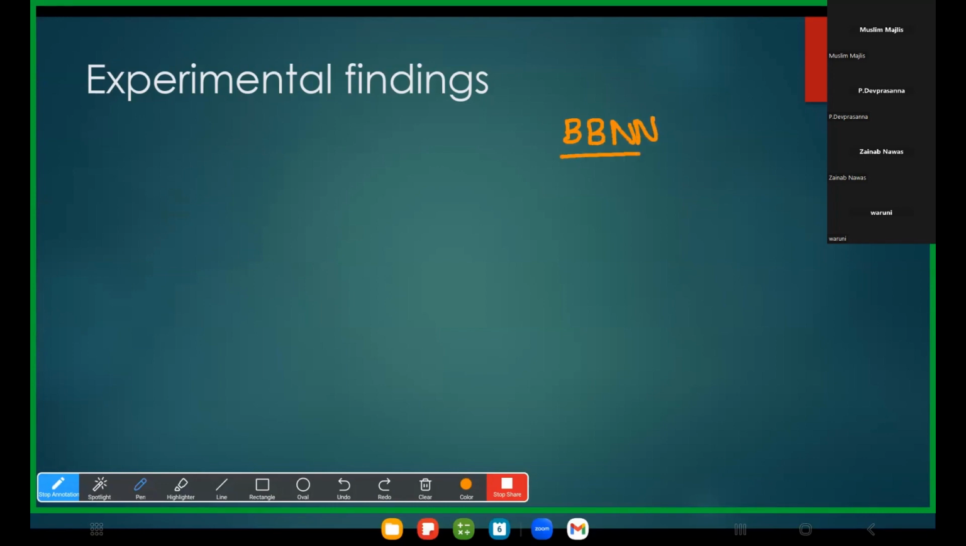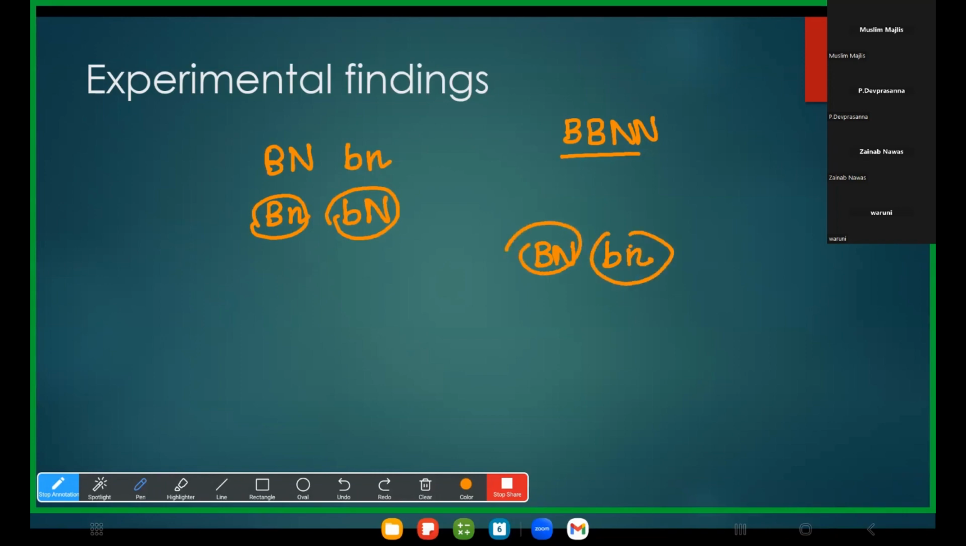They did not separate. So whenever there was a capital B, there was always a capital N. The presence of this gamete was absent. Similarly, when there was simple B, there was always a simple N. The presence of simple B and capital N allele was also absent. So there were only two types of alleles, either capital B, capital N, or simple B, simple N. So this resulted in only three types of phenotypes,